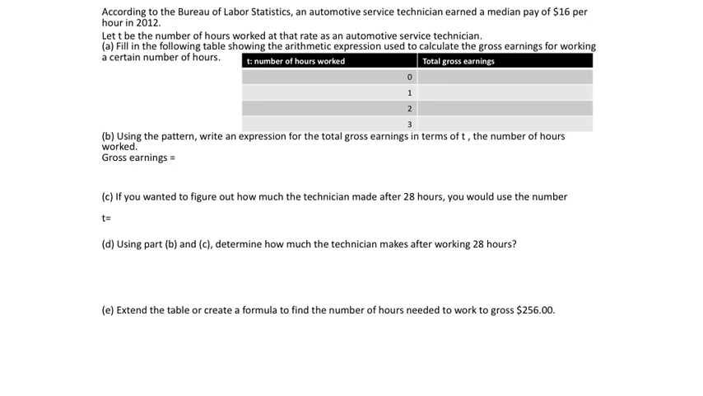A, fill in the following table showing the arithmetic expression used to calculate the gross earnings for working a certain number of hours. B, using the pattern, write an expression for the total gross earnings in terms of T, the number of hours worked. So gross earnings would equal, and we'll fill in that blank. C, if you want to figure out how much the technician made after 28 hours, you would use the number T equals blank. D, using parts B and C to determine how much the technician makes after working 28 hours. And then E, extend the table or create a formula to find the number of hours needed to work to gross